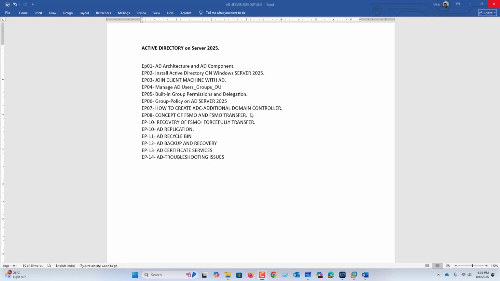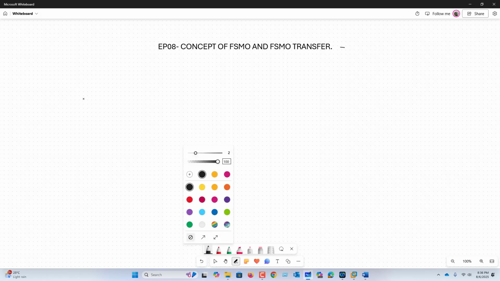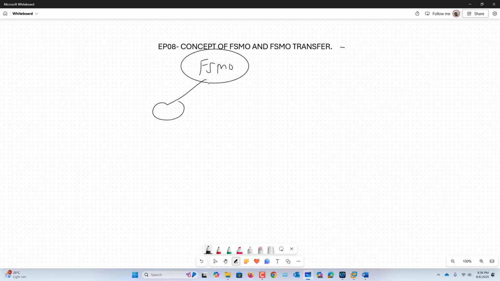So let's move on to episode number 8, concept of FSMO and FSMO transfer. FSMO is a very critical component in AD. FSMO stands for Flexible Single Multi-Master Operation. FSMO comes in two parts: forest-wide FSMO roles and domain-wide FSMO roles. In forest-wide, we have two roles: